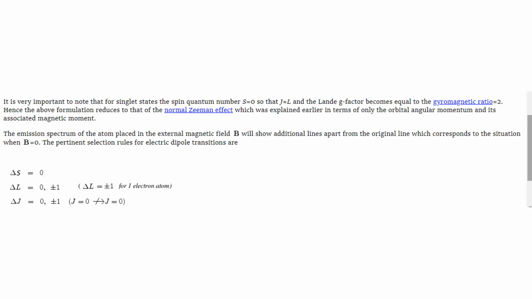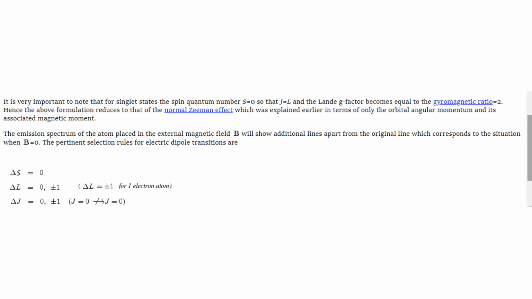In this case, we should note that for the singlet states the spin quantum number is equal to 0, so that J is equal to L, as we have discussed earlier. The g factor becomes equal to 1, and hence the above formulation reduces to the normal Zeeman effect. So when the spin is equal to 0, the same equations give you the normal Zeeman effect,